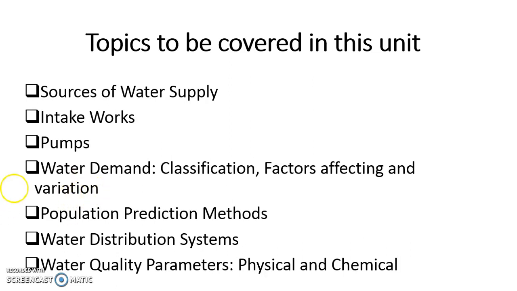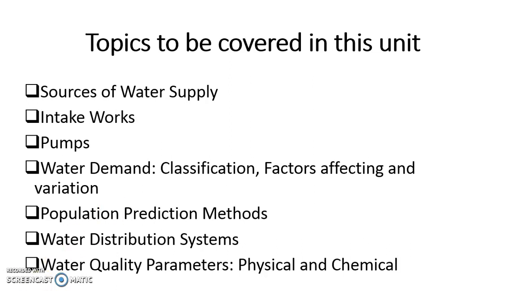Then next is the water distribution system. How is water distributed? Water has been treated now in the treatment plant. Now it has to be distributed in the locality. Okay. So how are we going to distribute this water? What are the different stages or the different components in this water distribution system?